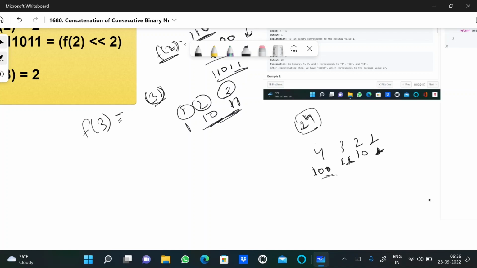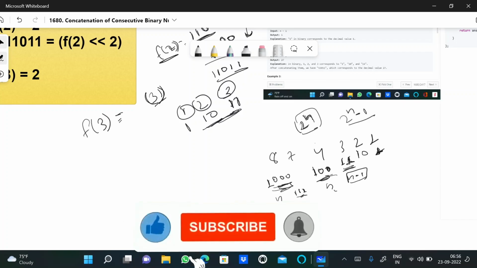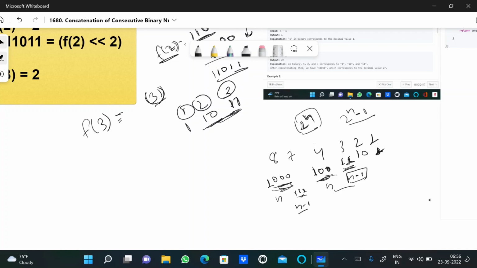Like 8, it will be 1000. And in 2 to the power n minus 1, all these digits will be 1, like 7, it will be 111. If it is n, it will be n minus 1, like here 3, with 2 digits, and all of them will be 1. So if you apply the bitwise AND operator on 2 to the power n and 2 to the power n minus 1,